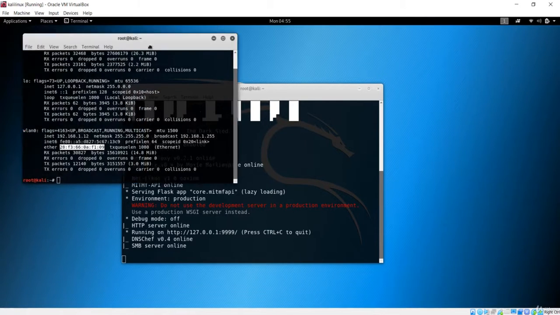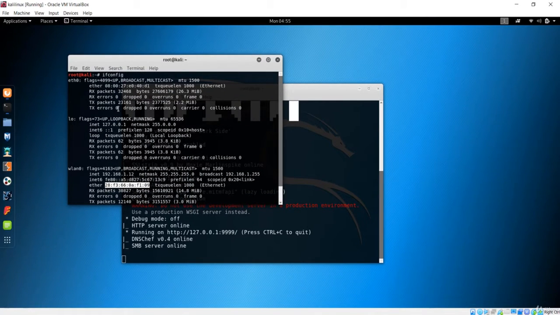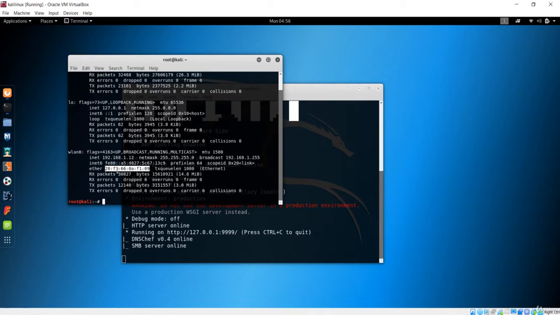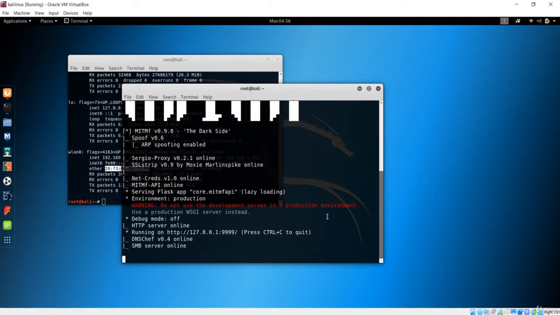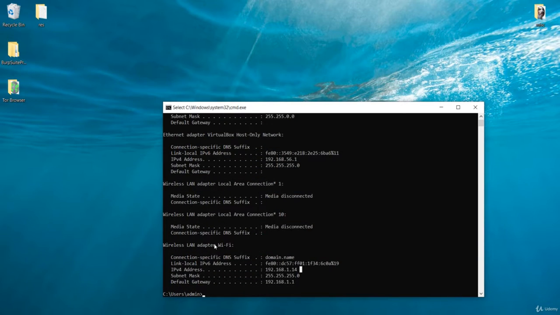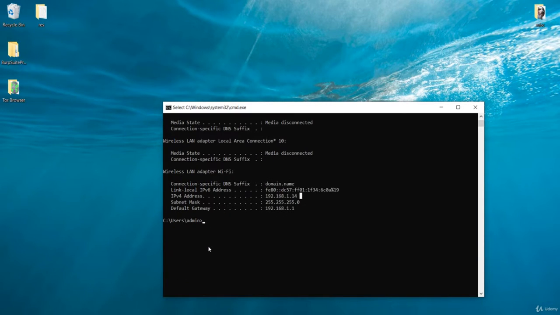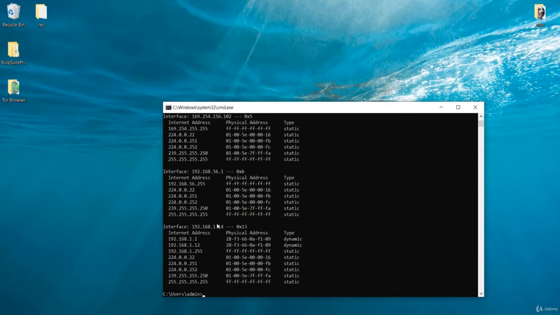So you could see right here, if I just press ifconfig, it is going to give us the MAC addresses of this Kali machine. Let's go to our Windows machine now. So this is my Windows machine. What I am going to do here is list the ARP table. In order to list that, we have the arp -a command, which is for all, and if I hit enter,